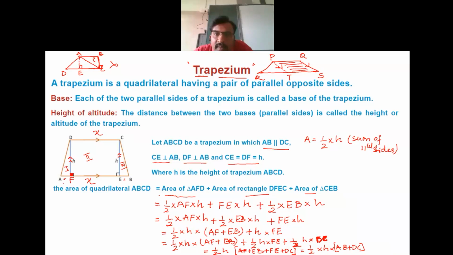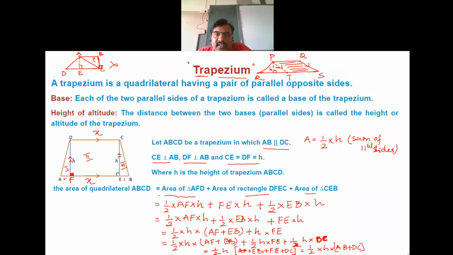Now if I draw a perpendicular from P, H is the perpendicular. Right angle triangle. I want you to observe in a different way. It becomes a parallelogram. What is the height of this parallelogram? H is the height. Very good. The height of the triangle is the height of the parallelogram.